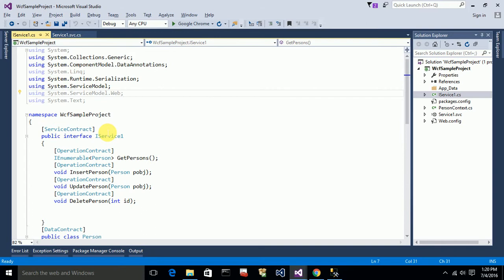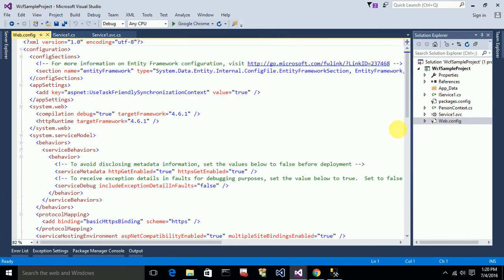So this service is actually a SOAP-based service up to now. For making this a RESTful service, the only thing that I need to do is, initially, go to the web.config file and add a new endpoint. So for adding a new endpoint,